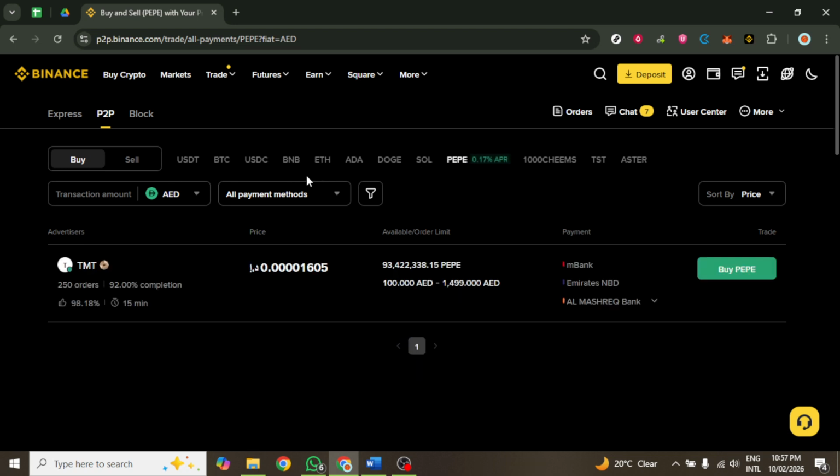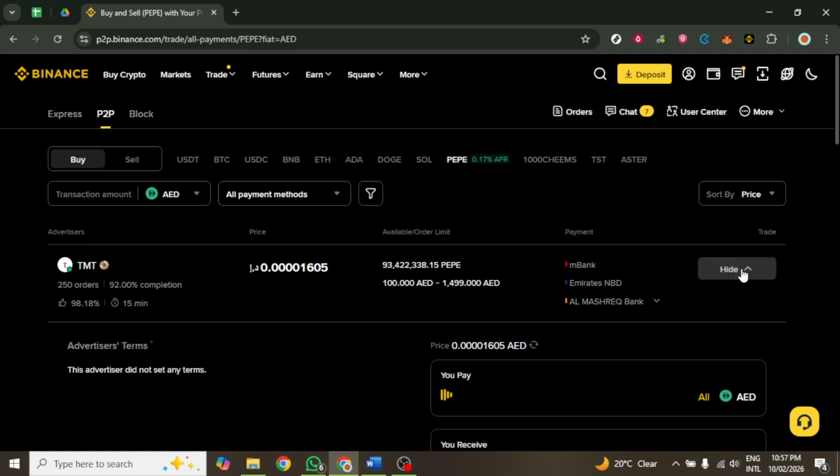In this section, you will find a search bar where you can enter the name of the coin you want to trade. Type Pepe into the search bar. As you type, you should see the Pepe coin listed among the results. Click on the appropriate trading pair that corresponds to Pepe coin, such as Pepe/USD, to access the trading interface